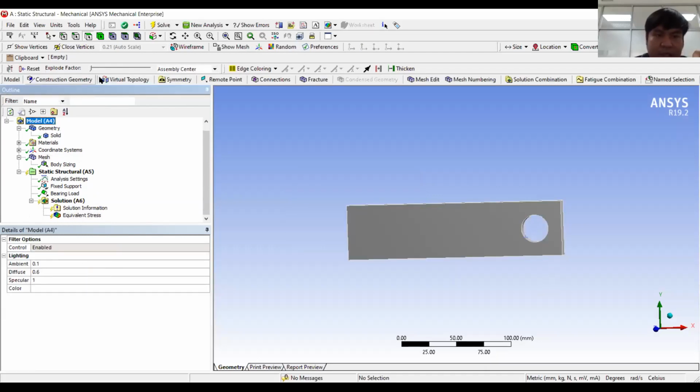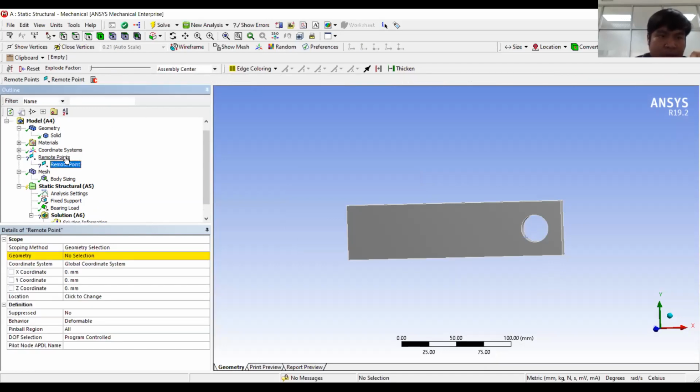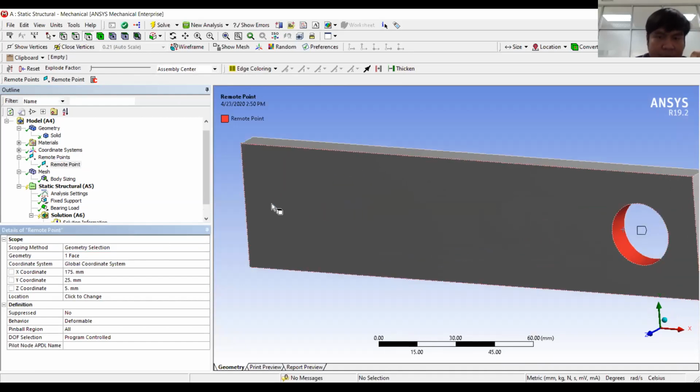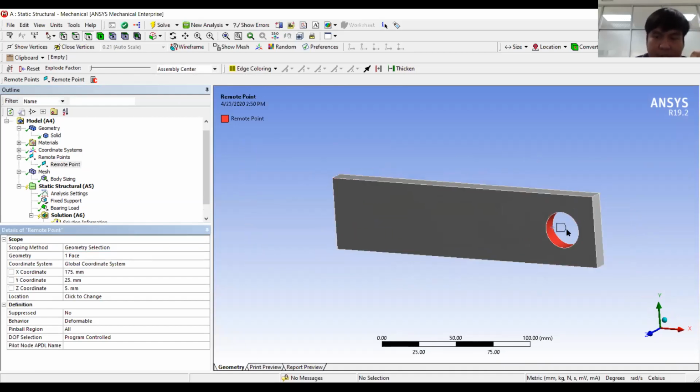The taskbar will appear here, and you will see the remote point function. Click here, and for the remote point we will select the surface here, apply, and it will generate a point positioned in the center of the hole,